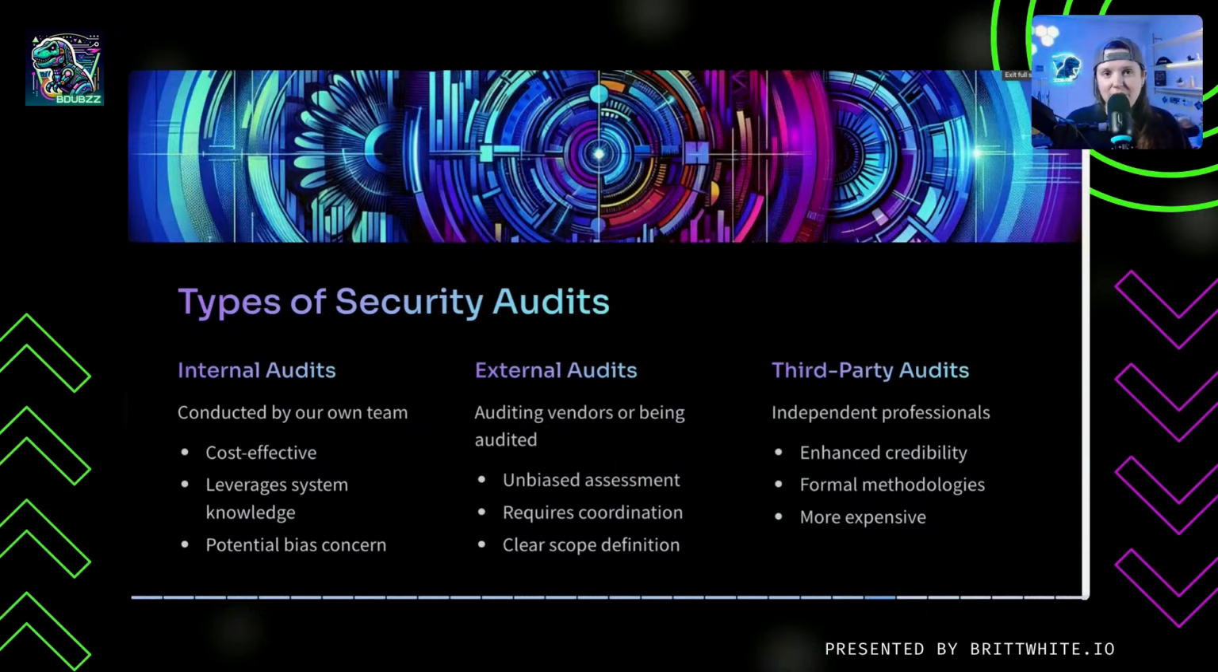External audits involve either us auditing a vendor or someone outside of our organization auditing us. While they provide unbiased assessments, they require careful coordination and a clear definition of the scope. Examples include evaluating a cloud provider's security controls, assessing vendor compliance with our security requirements, and reviewing a partner's incident